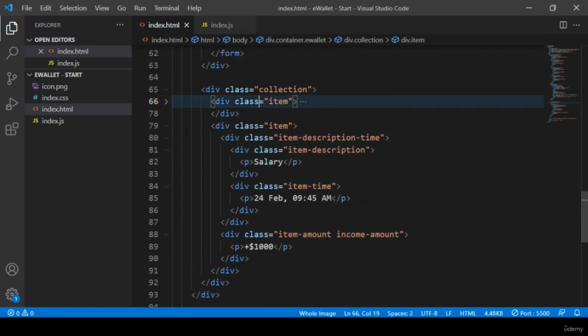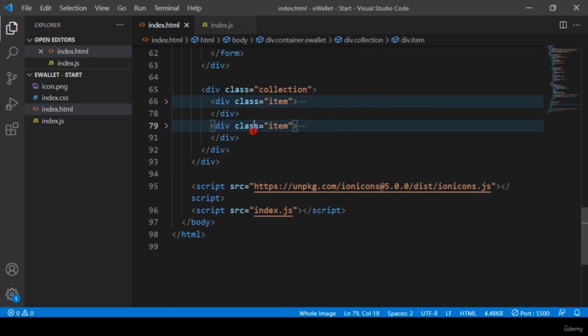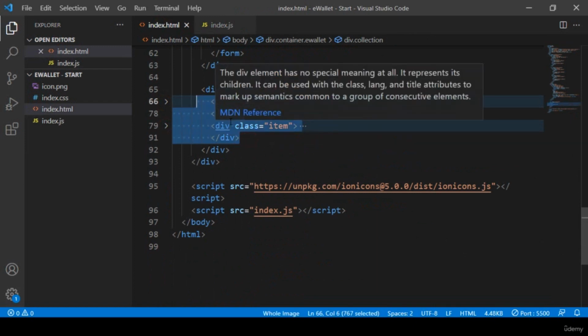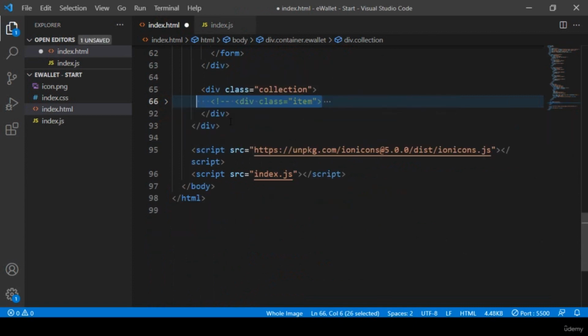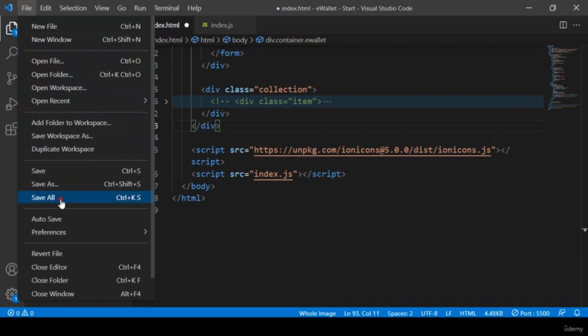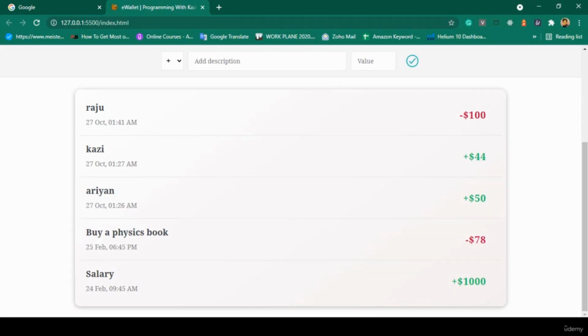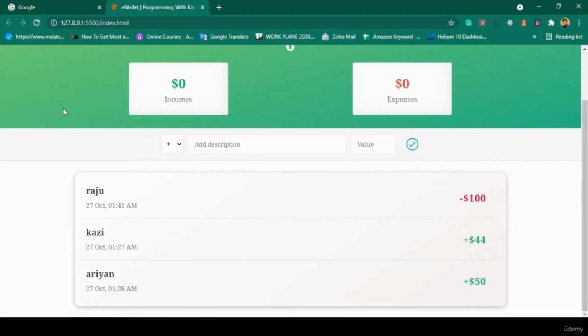Better, I want to minimize it, and also I minimize it, so both of these I want to make as a comment out. Okay, here I select it and press Control Alt, so now that will be commented out. Now that should not be displayed. Click Save All, and now if you click refresh, you can see now there is